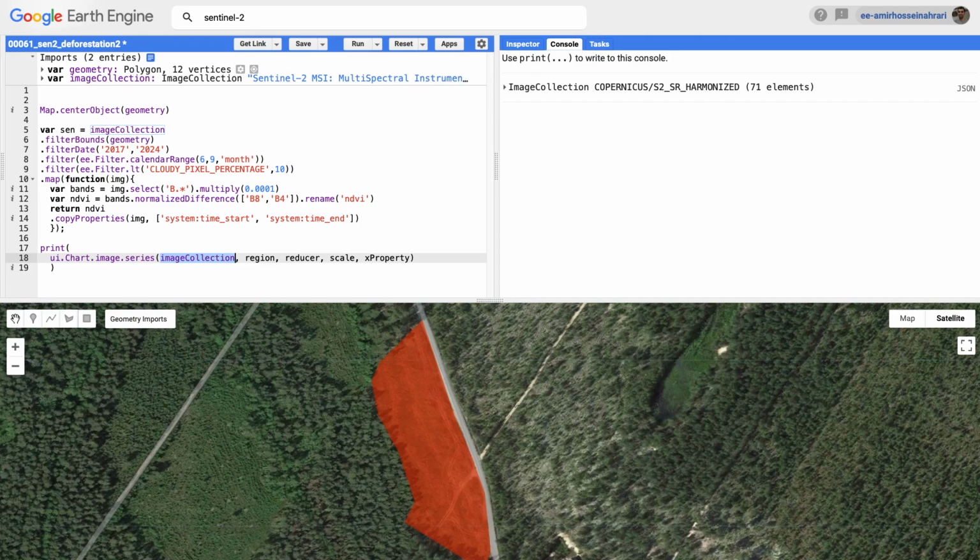Instead of image collection, Sentinel image. Instead of the region, we have geometry and the reducer. For the reducer, ee.Reducer.median. The median is the same as the average, but the main difference is the median is not affected by extreme values. If one pixel with a high value is available in the region, it will have a negative impact on our estimations, because